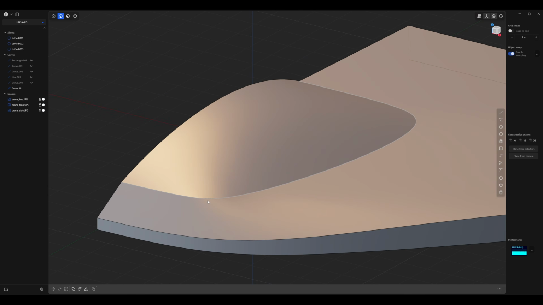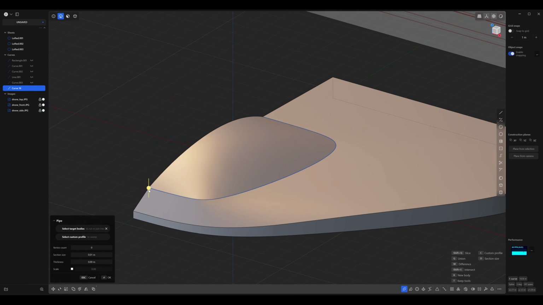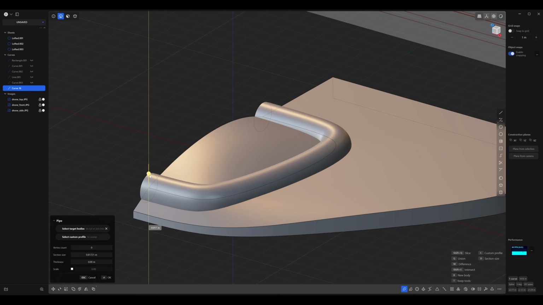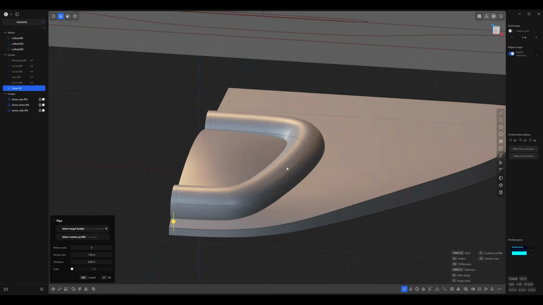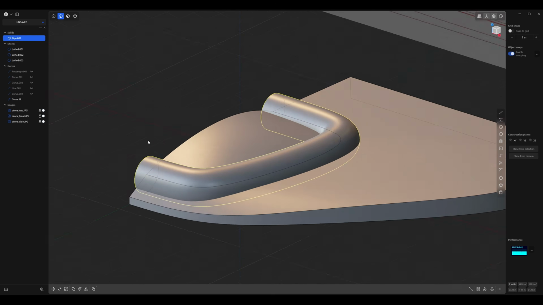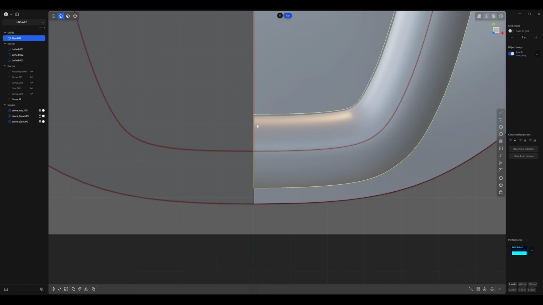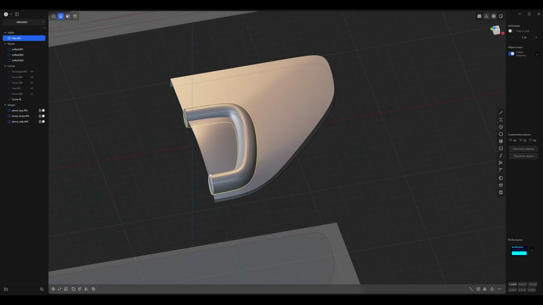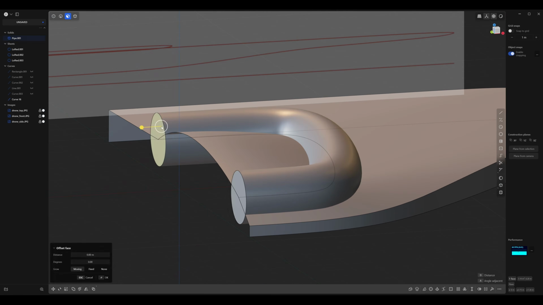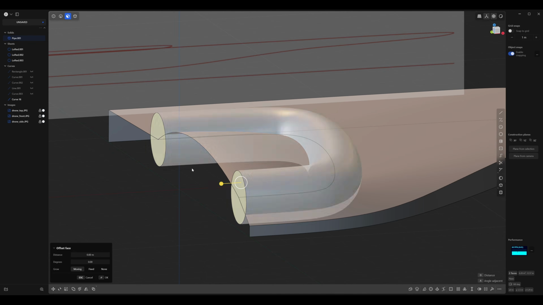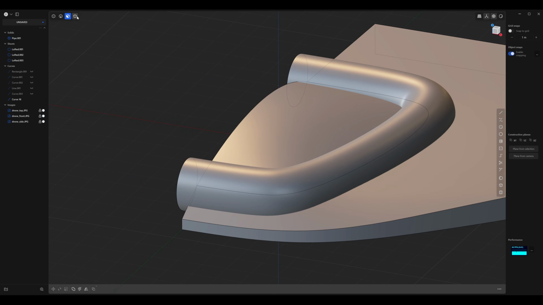Let's go back to regular view, select that curve, and you're going to press P for pipe. Next, we're just going to make this maybe this big. It's around 1 unit, or just follow along visually if it's a different measurement on your end. And right click to accept that. And you see that this edge is perfectly aligned with where our surface ends. And when you're creating a Boolean, which is what we're going to do next, you do want them to go a little bit further to make sure it's cutting it out completely. So I'm going to shift select these in face mode. Face mode is 3. And right click to accept that. Great.